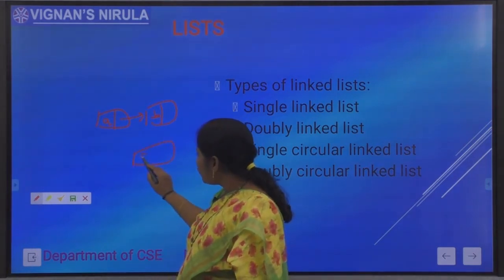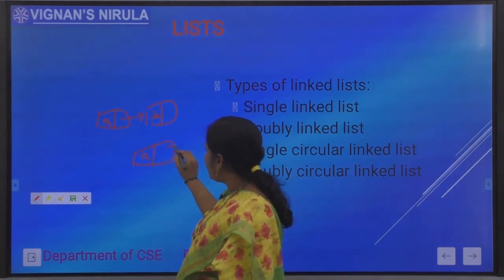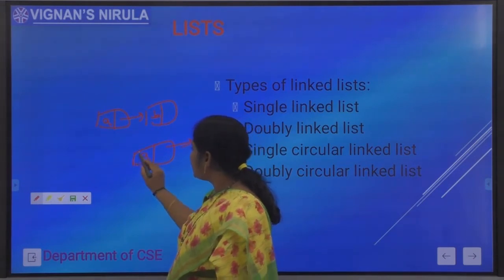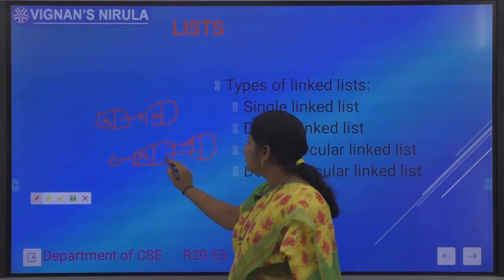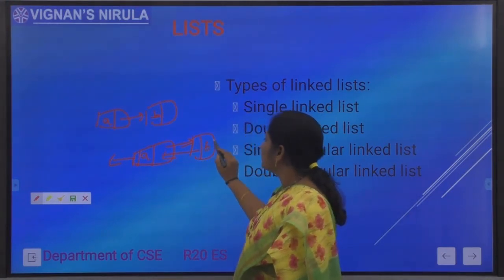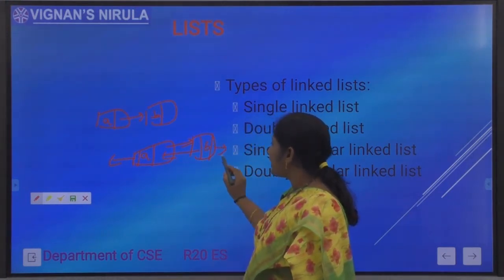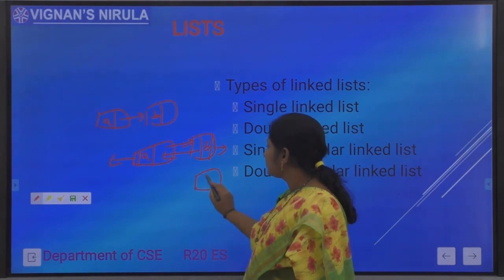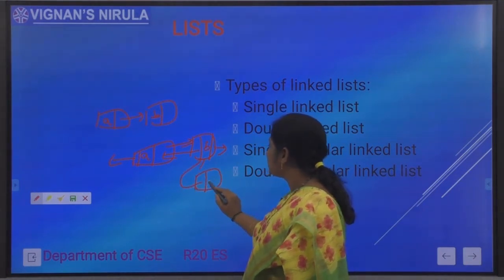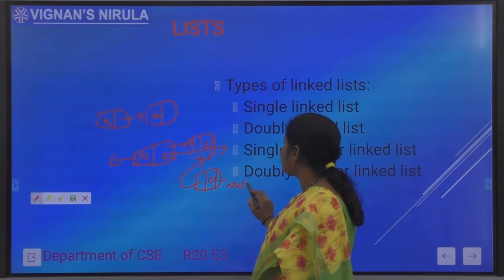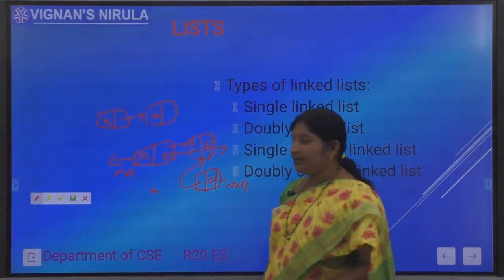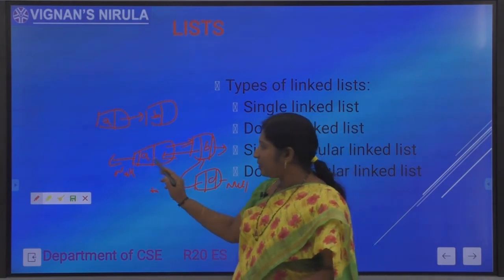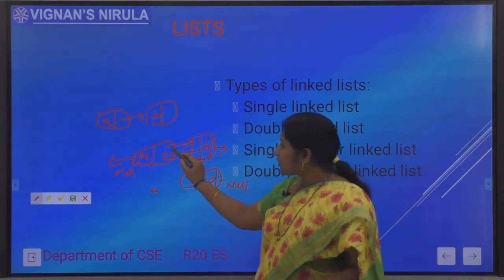If you have two links, one link to the next node and one link to the previous node, as well as one data part, see here, what is the previous node of A? Null. The data part is A. It is the next node address.